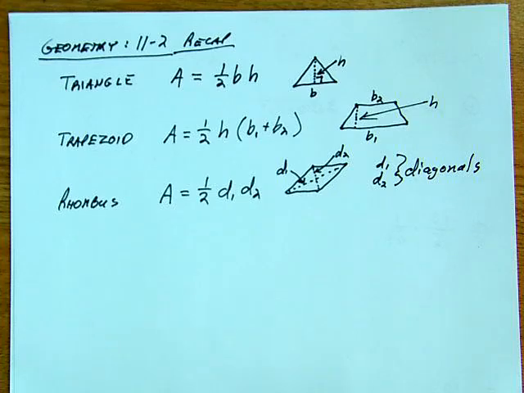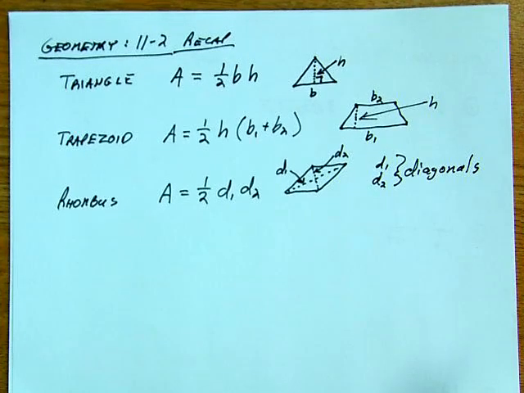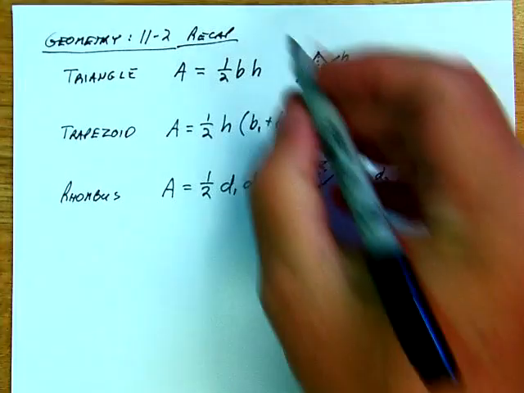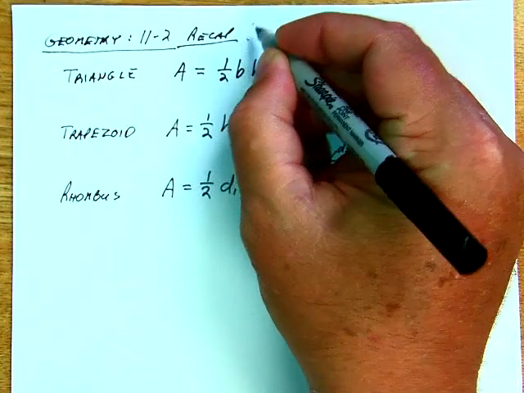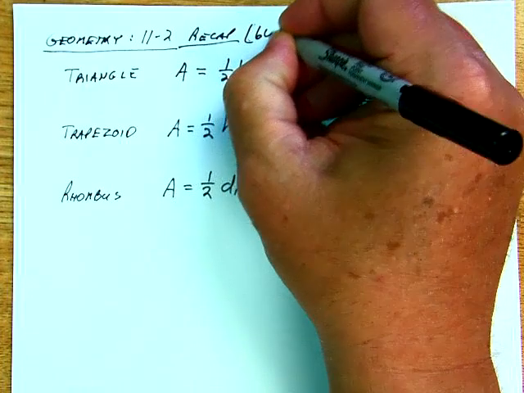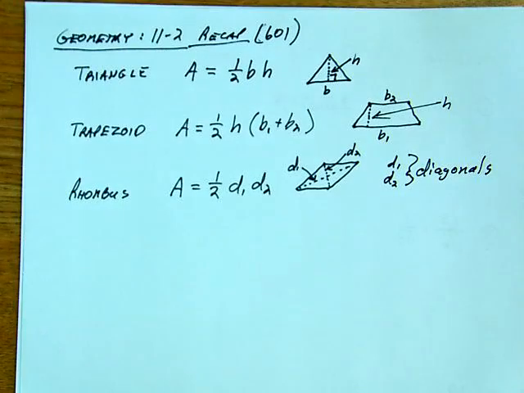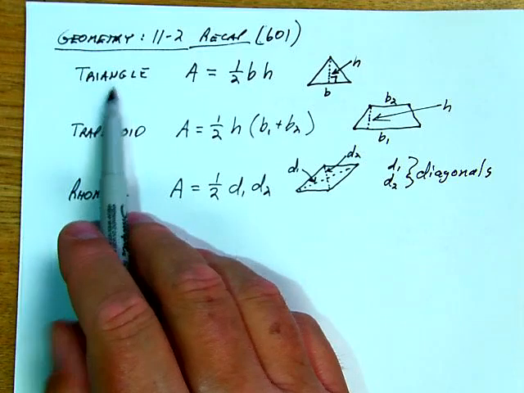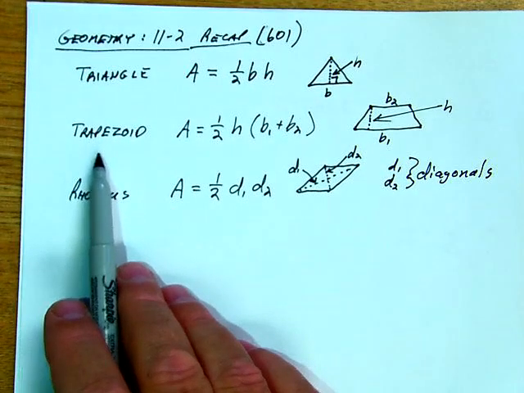All right, let's go over a recap of 11.2 in your book. Page starts on page 601. Get that on there, 601. Okay, basically in this lesson we learned three things: how to do the area for a triangle, a trapezoid, and